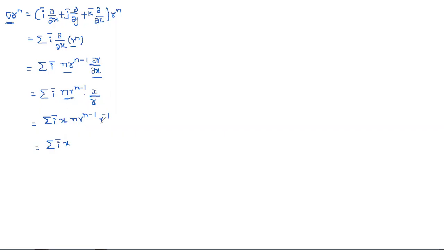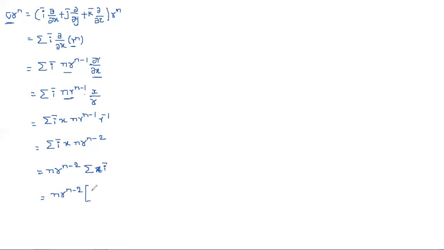So x as this, and r power n minus 1. Just I am taking 1 by r into the numerator, it changes to r power minus 1, and then simply we can write n into r power n minus 2. This is a constant, simply you can write that outside: n r power n minus 2 into summation i for x. This is only for x we calculated, sorry, the i coefficient we calculated. Same like that, we'll get n r power n minus 2 for all the terms with respect to y and with respect to z.